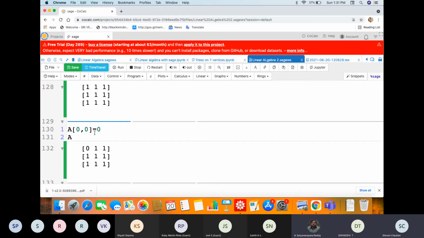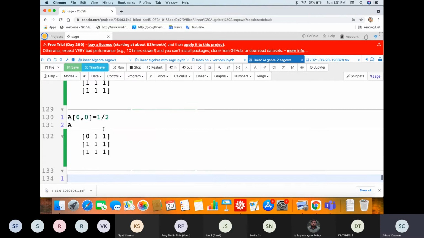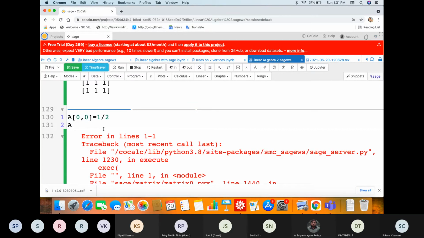Exactly. Thank you, sir. And suppose if we want to display 0.5 as 1/2, can we display like that? Yes, we can do that. Let's check. I'm not sure.